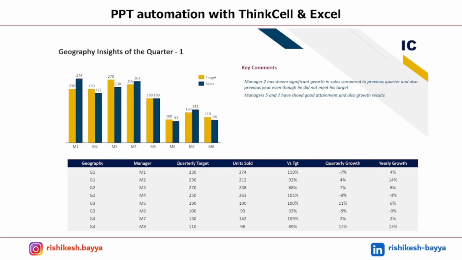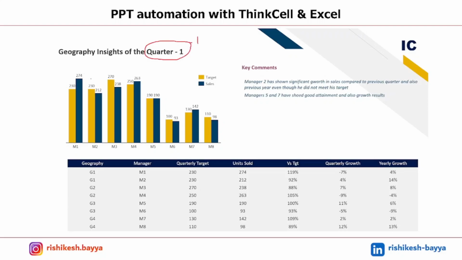Now, if you have to refresh this on a regular basis, let's say this slide is sent to a stakeholder on a quarterly basis. In the next quarter, instead of quarter 1 in the title, I'm going to change it to quarter 2. So that would be the first change that I would do, correct? Let's address the changes first. This would be the first change I would do, 1.